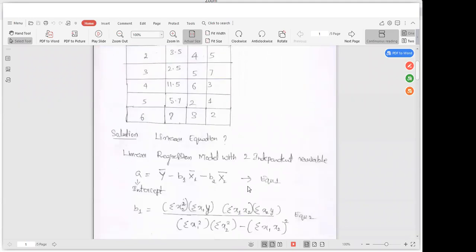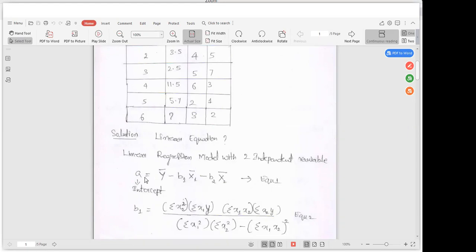Now, the linear regression model with two independent variables. You can write it here. When we drew the graph in the previous class, we found the intercept and the slope, and there we wrote y is equal to mx plus c, where c was the intercept and m was the slope. Similarly, when we have more than one variable, we write it in terms of a, b1 and b2. Here a is the intercept, and b1 and b2 are slopes, because we have two independent variables, so when we draw two scatter plots we get two slopes. One slope we call b1, another slope we call b2.